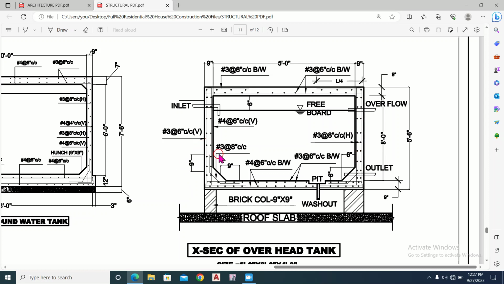And here we have to provide the vertical bars on this side of the wall, number 3 bars at the rate of 6 inches center to center distance. These are the vertical bars on this outer side of the wall. And this is the pre-board level, and this is the overflow pipe from the tank, and this is the slab, and it has a thickness